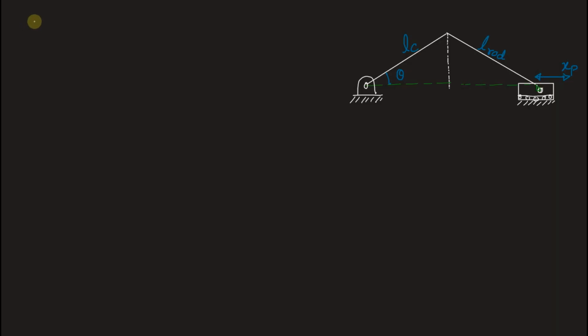Let's start by writing the given information. It is given that length of the crank is equal to length of the connecting rod, which we can see in this figure. This is the hinged end of the crank. This is the connection of the crank with the connecting rod. And this is the slider that is allowed to move in the horizontal direction. So as the crank rotates, due to the connecting rod being connected to the crank, the slider also moves